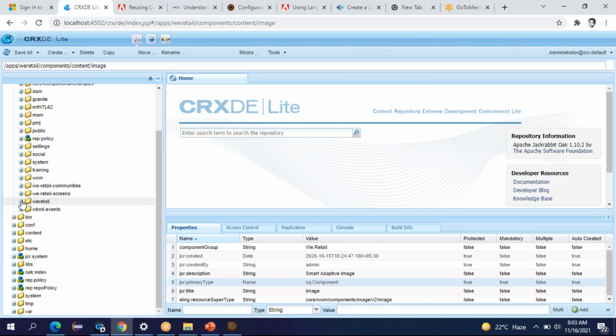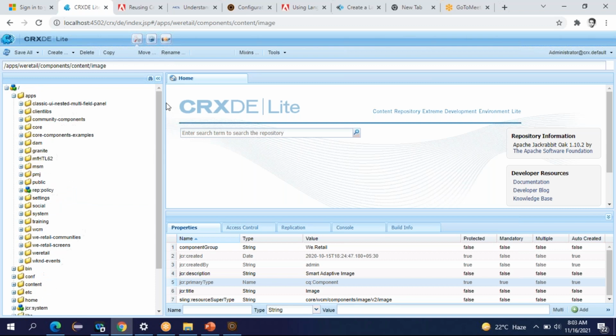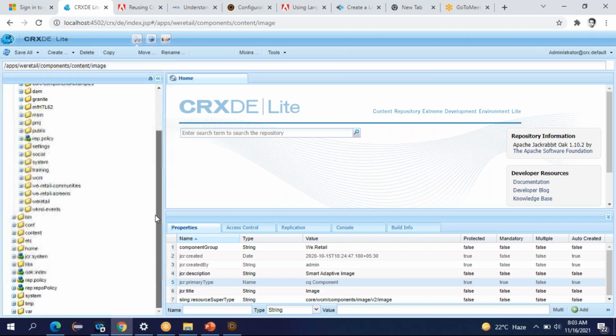So the apps folder is for developers to create static templates and components. Now the content author will create the pages of your website. To create the pages, they need templates. So templates are created, and then the website and its pages are created.